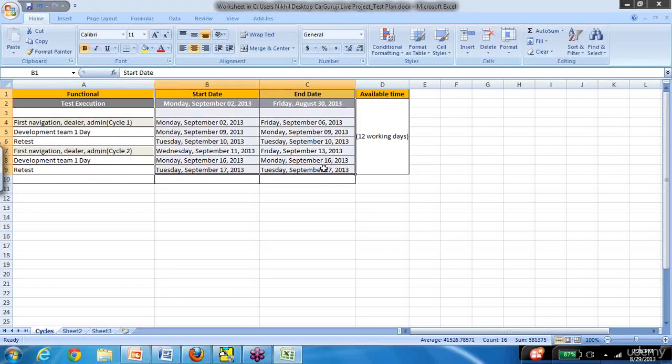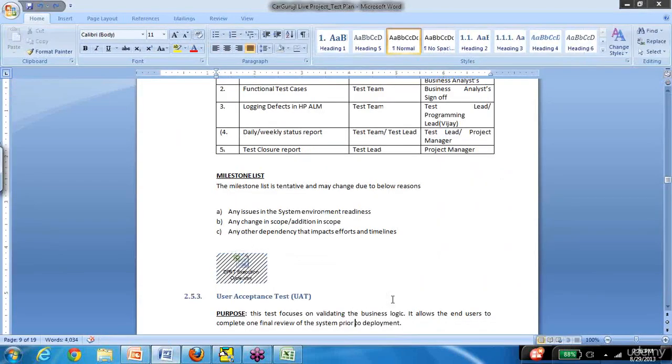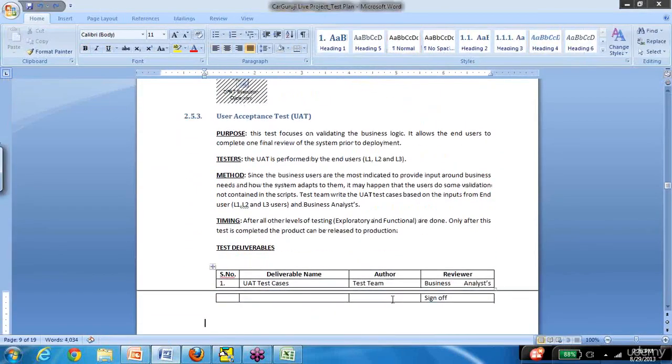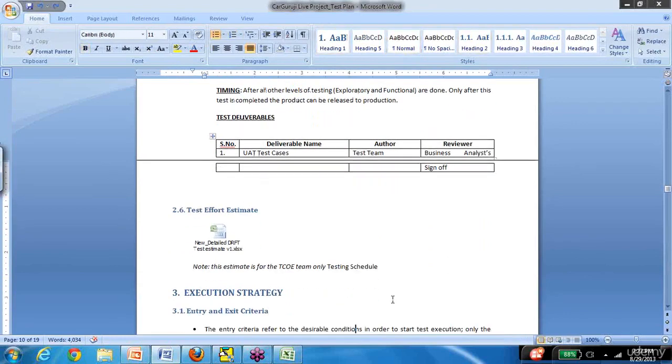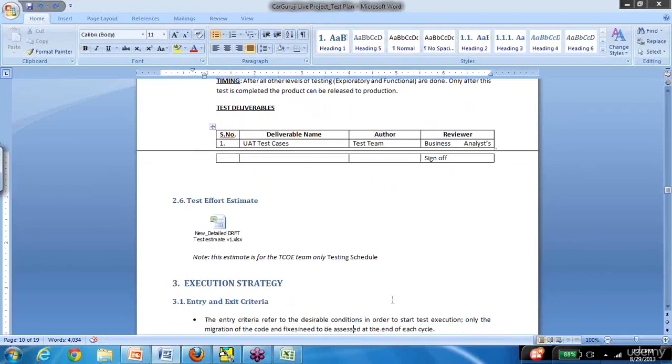So each test execution phase is clearly marked on when it is starting and when it is ending, and how many days the entire process is taking. So this is how schedules are defined. Again, please note that I've used a separate document and embedded it here to make sure that this document is very, very readable. Okay. Now I have defined the acceptance test criteria also. Again, just go over it when you get some time, probably now or later, and if you have any questions, I'll be happy to answer. But for now, I'm just going to the next one.